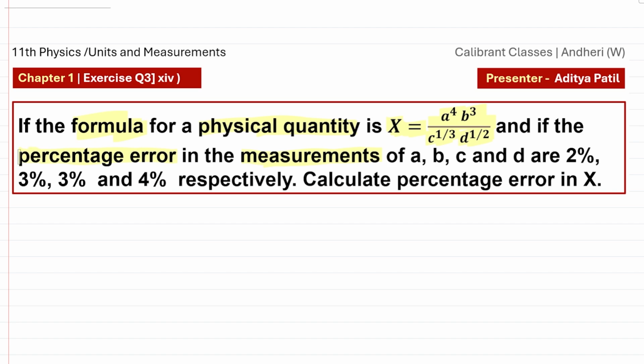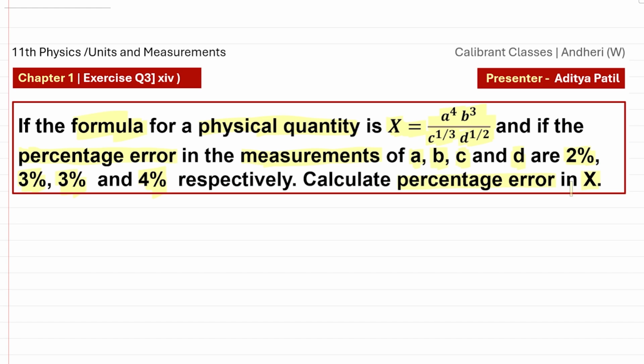with those measurements. To be specific, quantity A में हमें percentage error मिलता है of 2%. When we measure quantity B, we get a percentage error of 3%. Quantity C के measurement में percentage error is 3% as well. And quantity D के measurement में percentage error involved is 4%. And now using these formulas and all these percentage errors, we are expected to calculate the percentage error for our